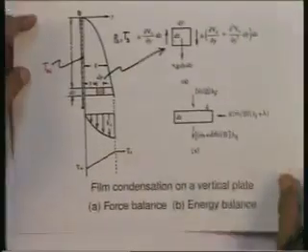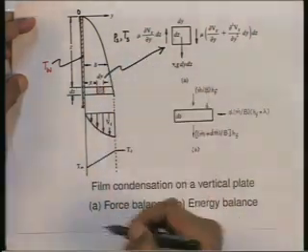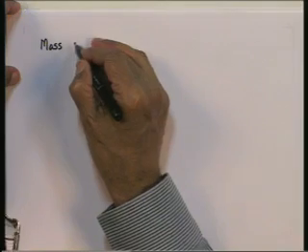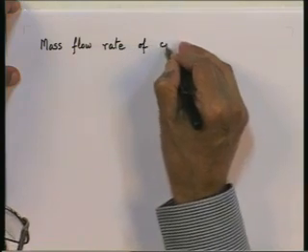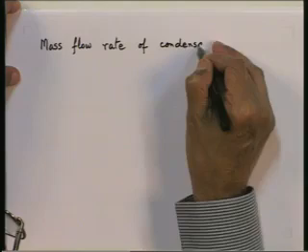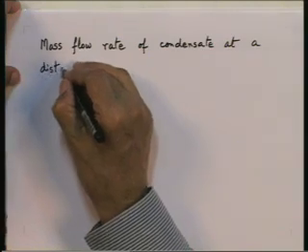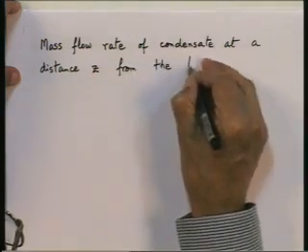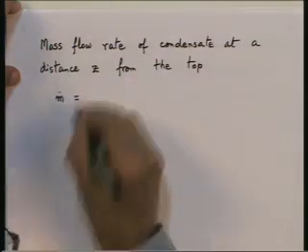If I ask you, at a cross section z, at what rate mass is flowing in the liquid, then you will say: using the velocity distribution, the mass flow rate of condensate at a distance z from the top, if I call that m dot, will be equal to,